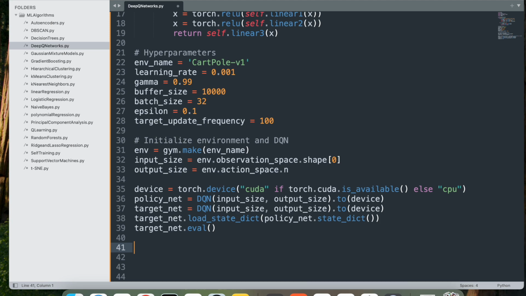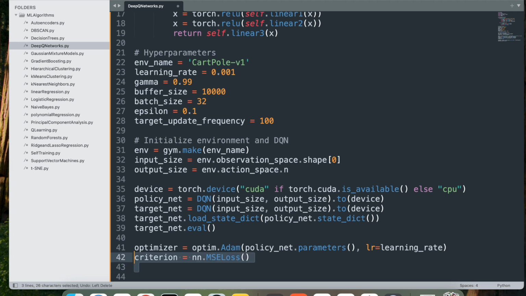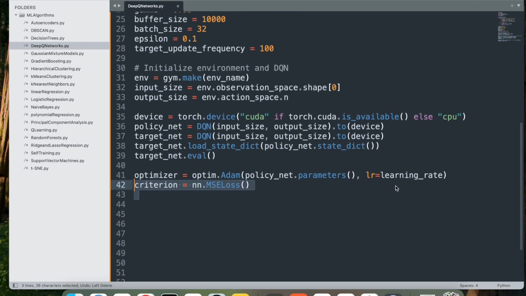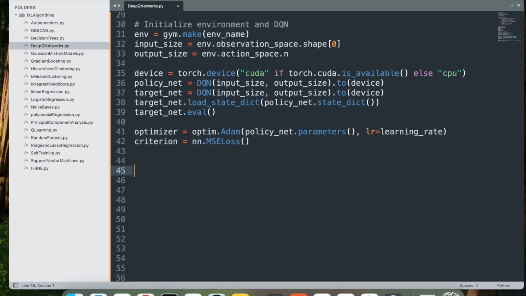Now let's go ahead and create the optimizer. optim.Adam, policy_net.parameters, and lr equal to learning rate. So I'm passing those. This creates the Adam optimizer for updating policy net's weights. Next is criterion equal to nn.MSELoss. This is mean squared error loss for training, which measures the difference between the predicted and the target Q